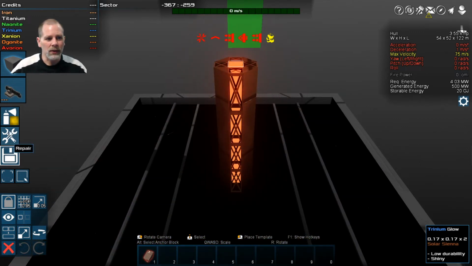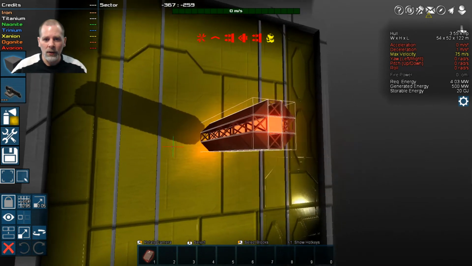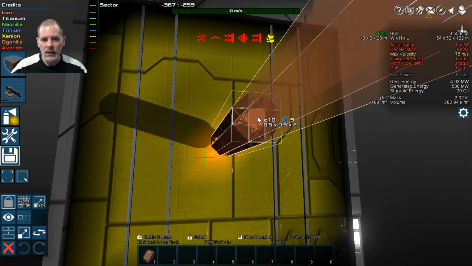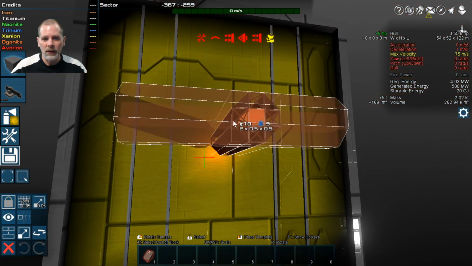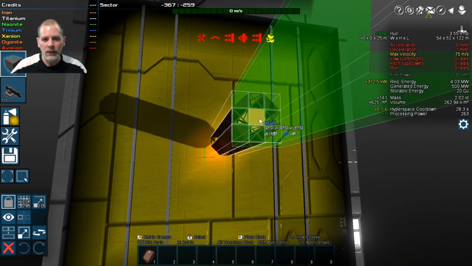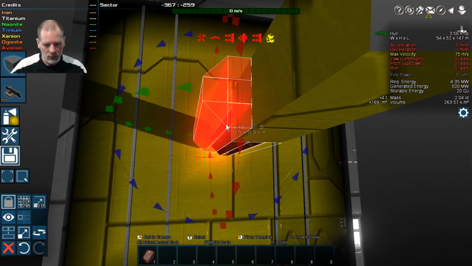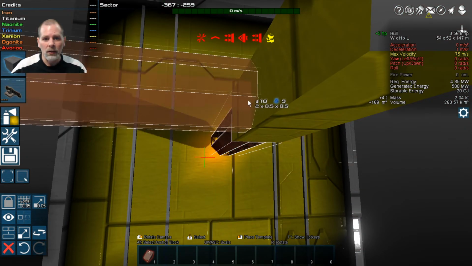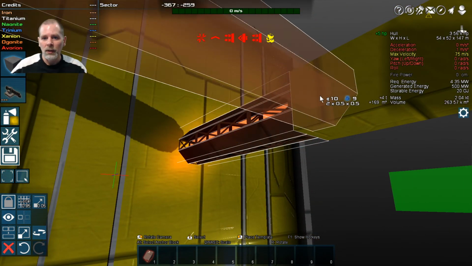So what we need to do is we need to copy these. There we go. And we're going to copy and paste, and we're going to rotate. You know what? We're still not going to be able to do this because we need something that can sit on there. Let's just put a block on here for right now. Fine. And then we'll paste, rotate. There we go. And that's going to sit